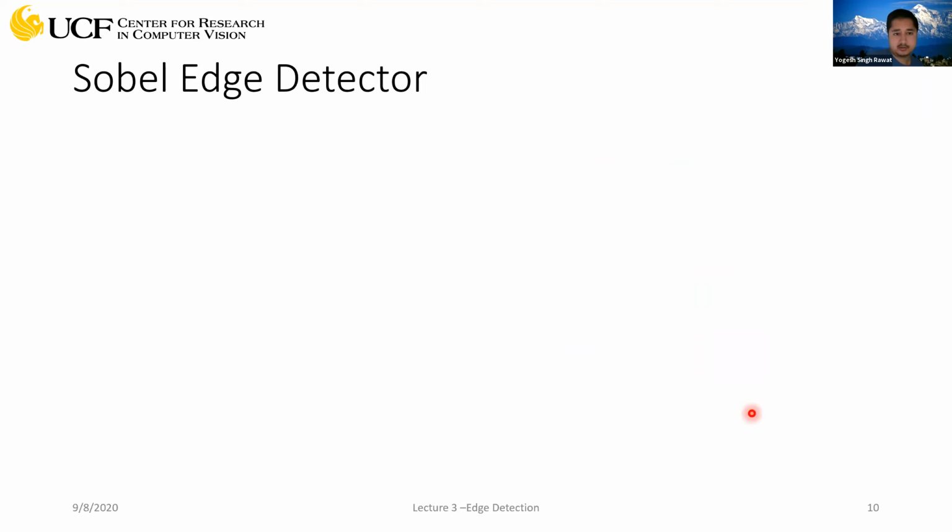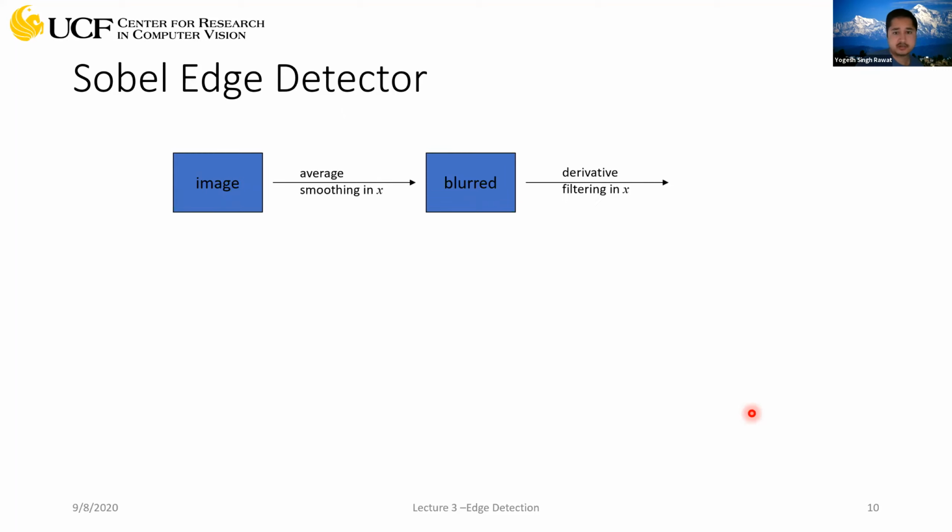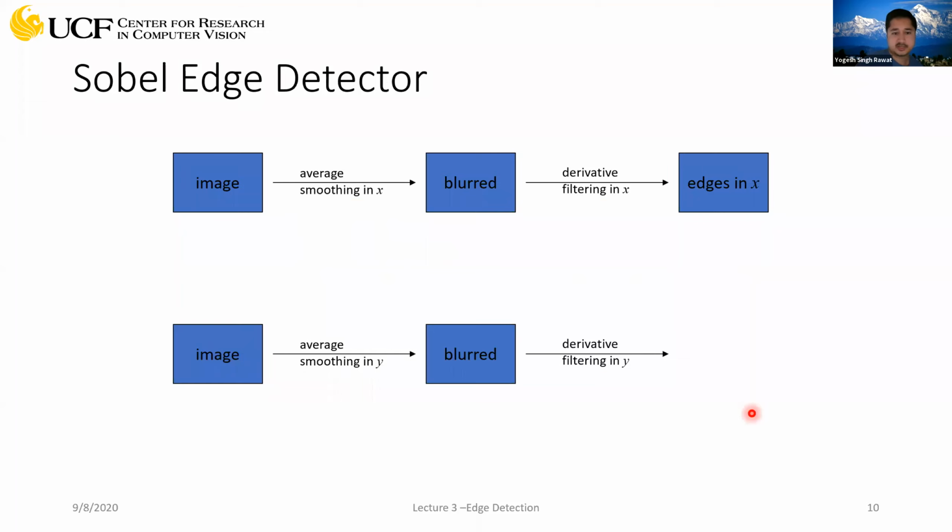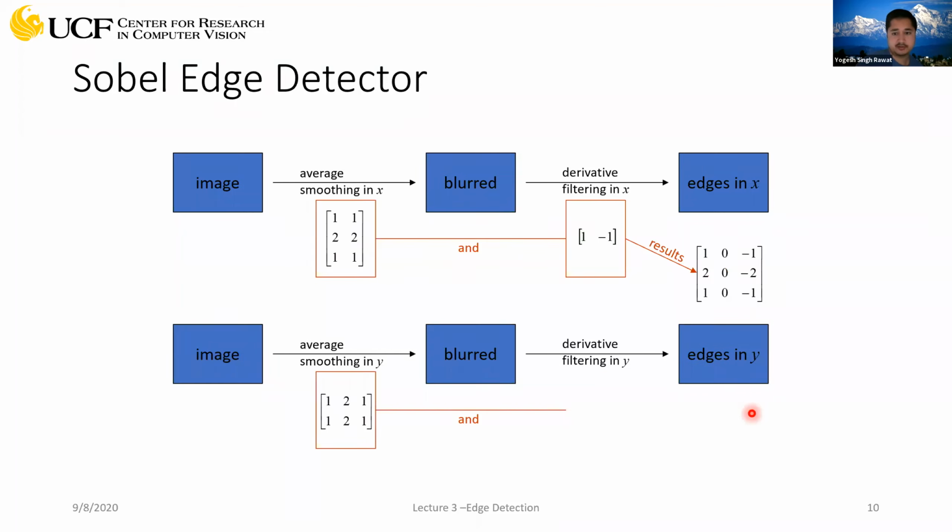Now that was a Prewitt edge detector. If you look at Sobel, it's almost identical, and some of you might not see any difference. So you'll have to smooth, you get blurred, you compute the derivative in x direction, get the edges. Same with the y direction, and these are your filters. The only difference is when you are performing smoothing,